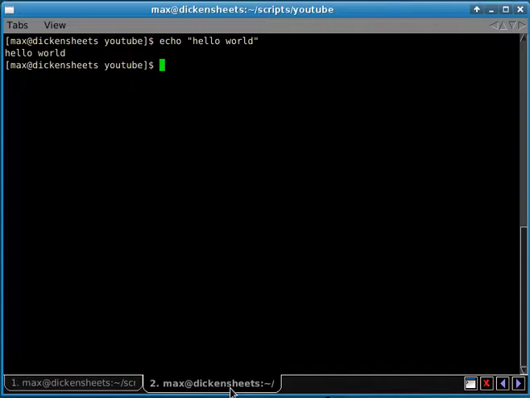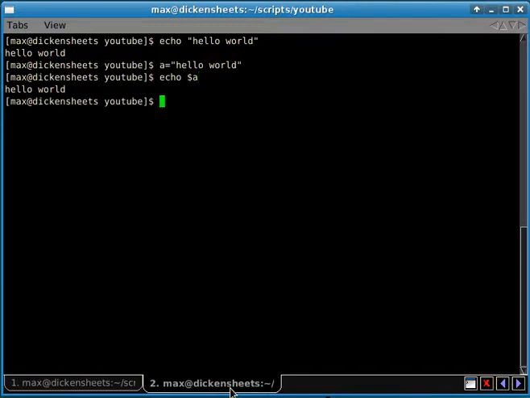However, there's such a thing as variables in bash. Watch this. Say I want to say a equals hello world. That passed just fine. Now let's say echo $a, hello world. Anybody who's good at algebra understands what's going on here. So let's say b,